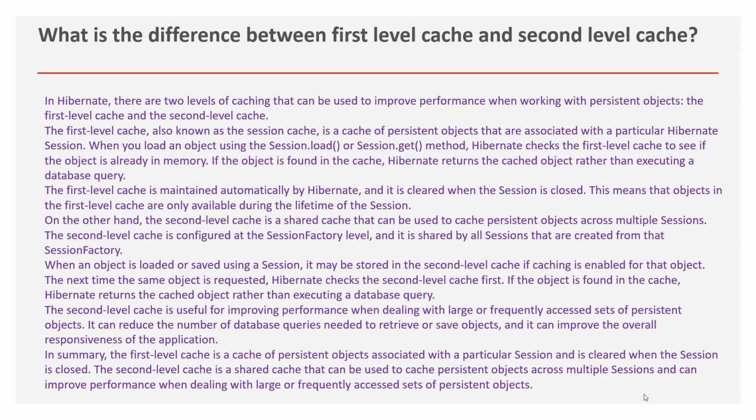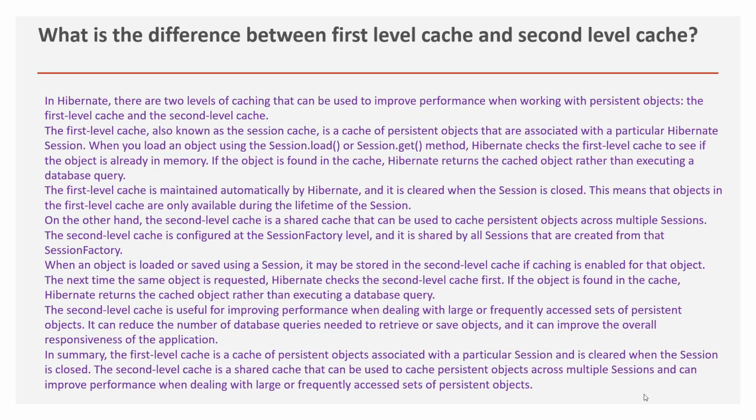The next time the same object is requested, Hibernate checks the second level cache first. If the object is found in the cache, Hibernate returns the cached object rather than executing a database query. The second level cache is useful for improving performance when dealing with large or frequently accessed sets of persistent objects. It can reduce the number of database queries needed to retrieve or save objects, and it can improve the overall